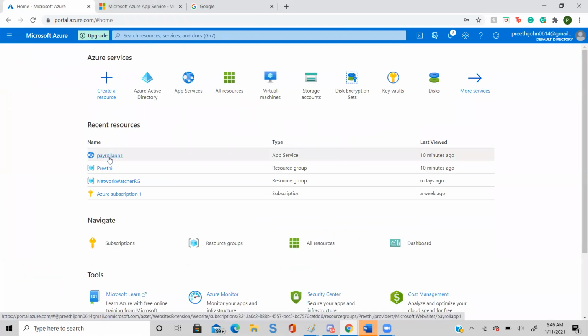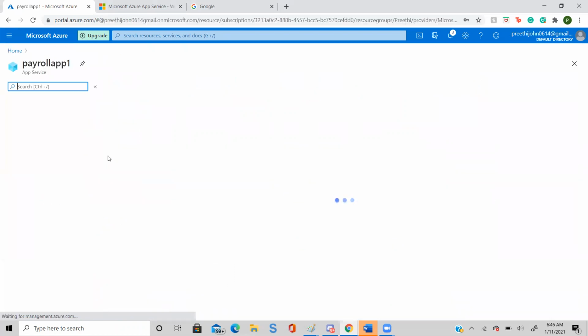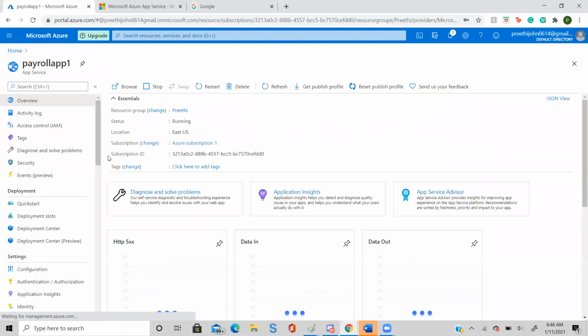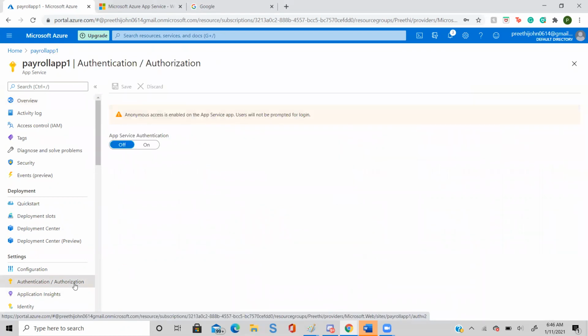Click the app. Now in this app, in the settings on the left hand side, you have an option called authentication and authorization. Make it on.